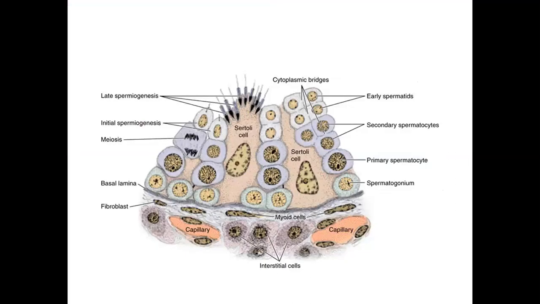Now, again a schematic diagram in which you can see two sections of adjacent seminiferous tubule. The more complete one is the upper one. From the basal lamina, which is the basement membrane, the first kind of cells present in the seminiferous tubule are spermatogonia. From spermatogonia, the next level of cells are primary spermatocytes. Then in this schematic diagram, they have shown the secondary spermatocytes, but in actual histological slides they are very rarely visible.